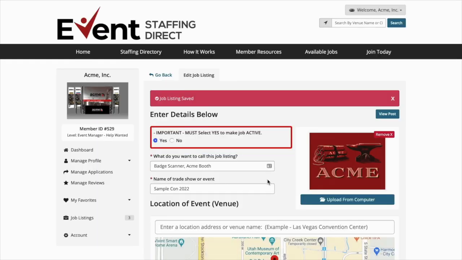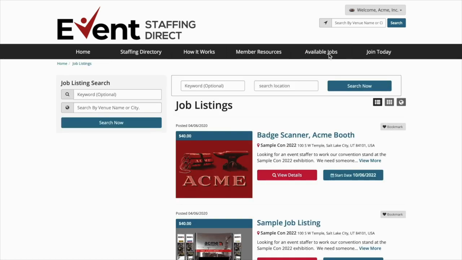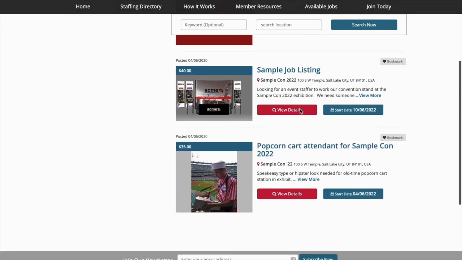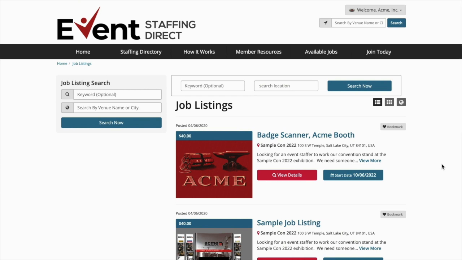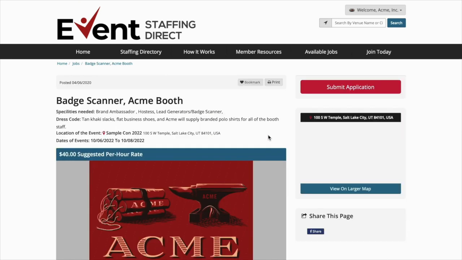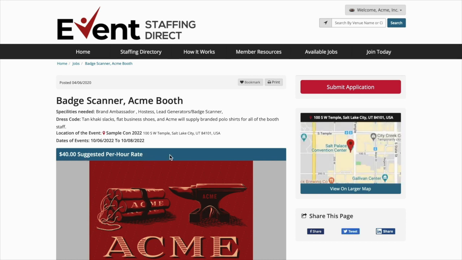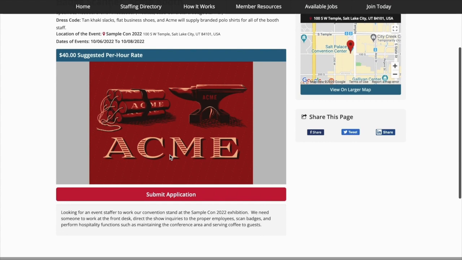Are you curious to what it looks like on the site? Simply click on Available Jobs. This will actually show you the jobs that are listed on the site currently. You can click on your job and see exactly what the staffers will see as well. It even shows the suggested per hour rate. When they're interested in